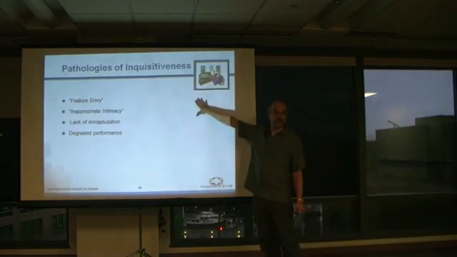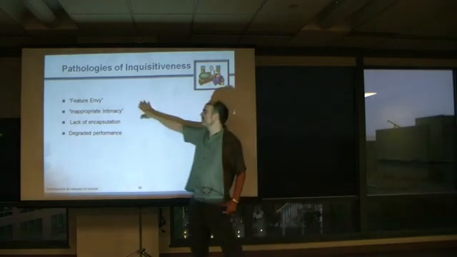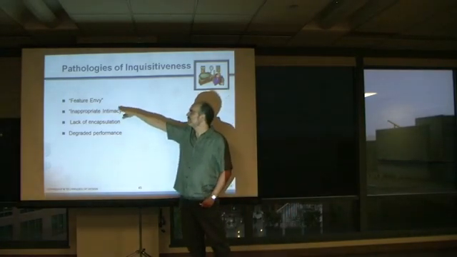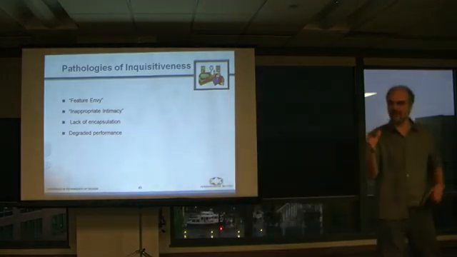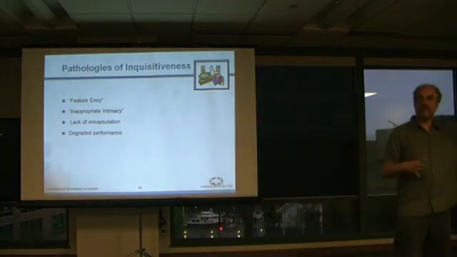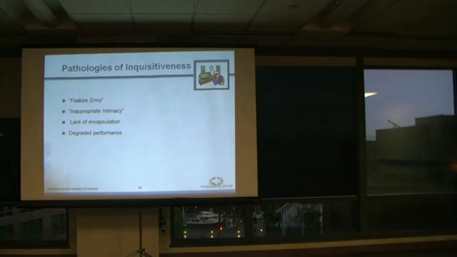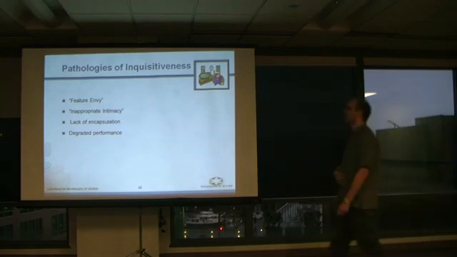Pathologies of inquisitive code are, I love Fowler's terms for this, feature envy or inappropriate intimacy. So you have a situation where one class is constantly calling another class because that other class has the state it needs. So what we're saying is maybe that behavior should be in that other class as well. Okay. And of course that improves performance.